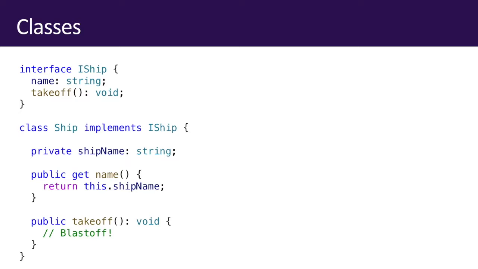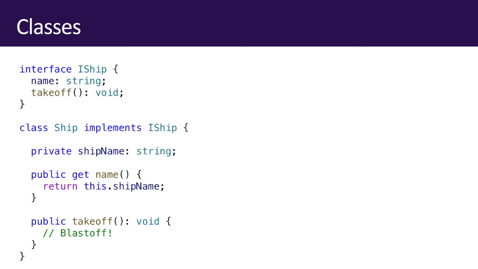Building off of interfaces is the concept of classes. And classes in TypeScript are based on ECMAScript 6 classes, if you've used those. You see them a lot in React, if you've used React. But TypeScript adds a number of things on top of it. The first thing it adds is the ability to implement an interface, which is what we see here. So we say we have a class ship, and it implements this interface, meaning that the class conforms to that